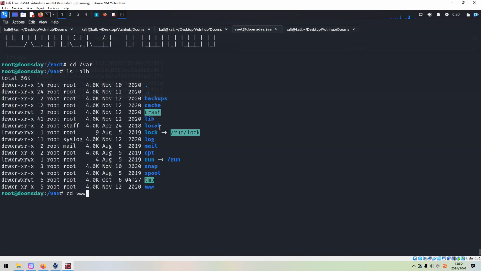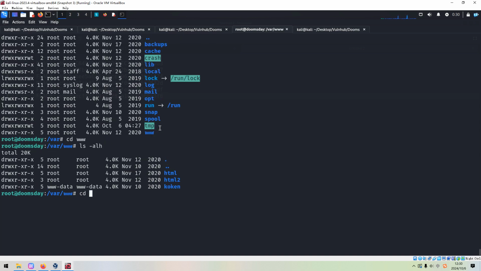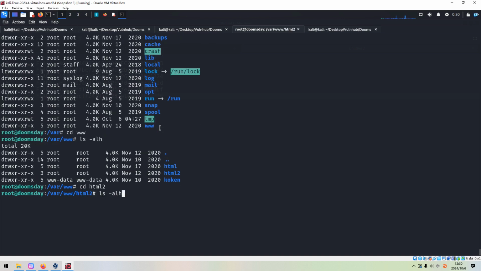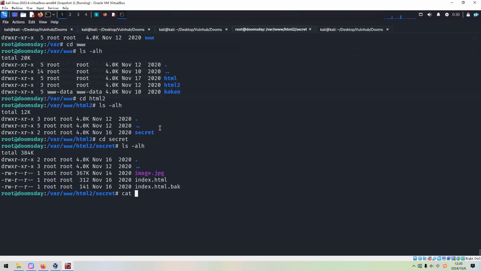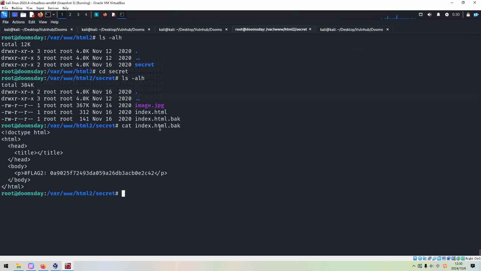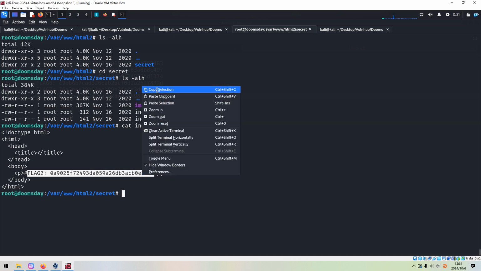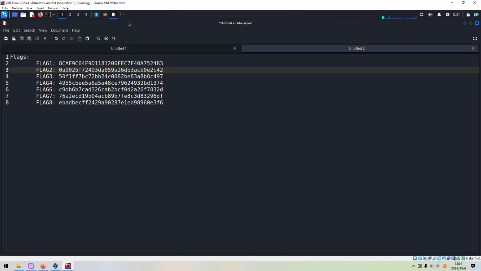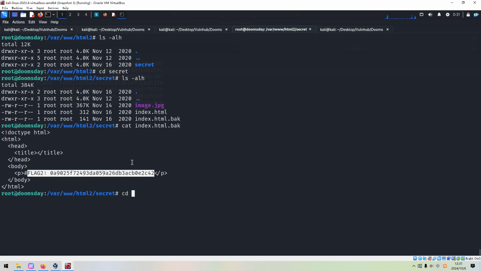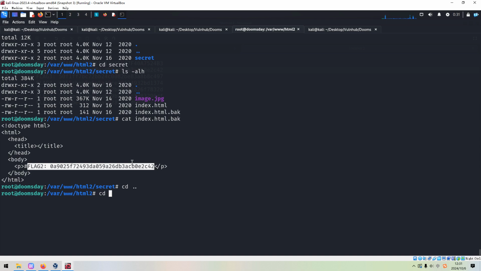Go to the www directory, go to the html2, go to the secret, and then we can get this, which should be the second flag. Okay, and so how about the fifth flag?